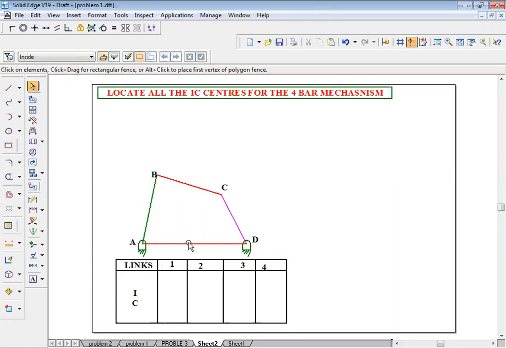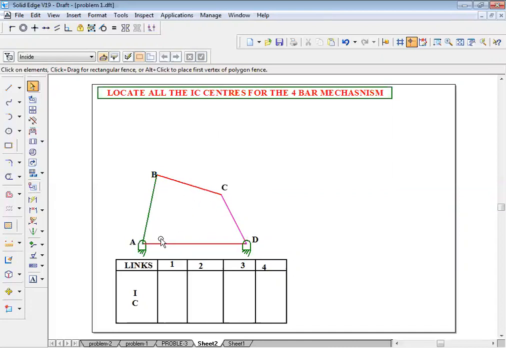Now, first step, we need to draw the mechanism as it is. That is called a space diagram, by choosing some scale. For this problem, they are not given any length or dimensions of the links, so let us assume ourselves and draw this. Because we are not finding any velocity, we are just locating the instantaneous center. Suppose they were finding the velocity, they would definitely give all the dimensions of the links, but they are not given here. Let us assume ourselves and draw this.